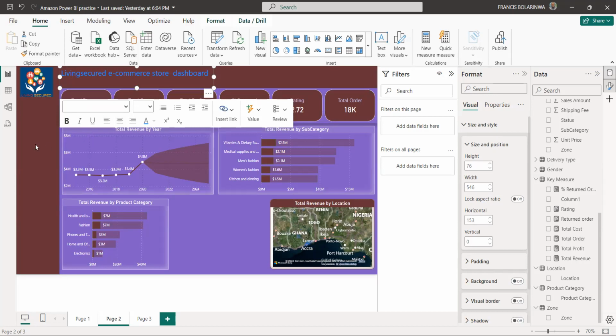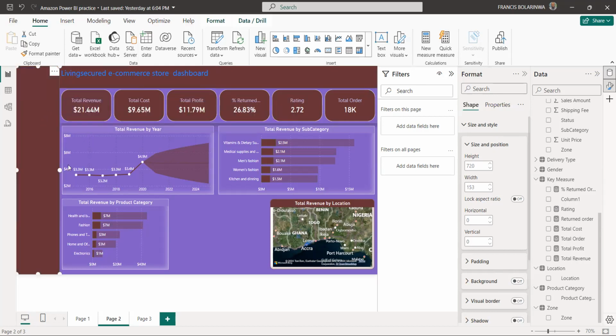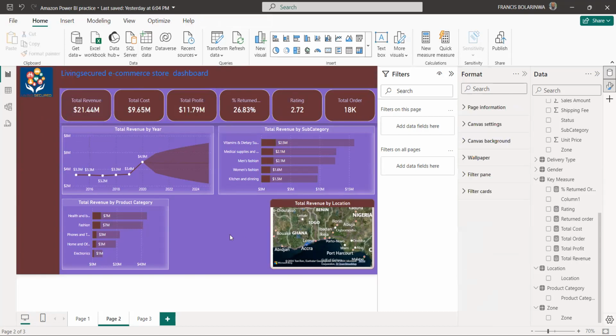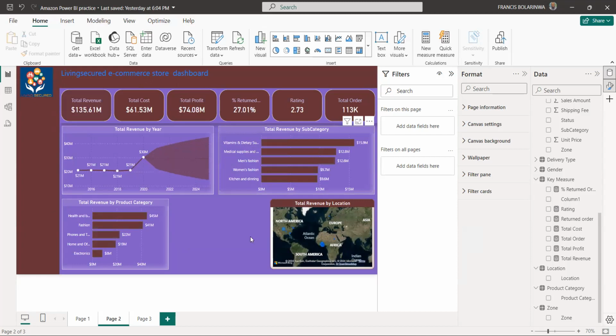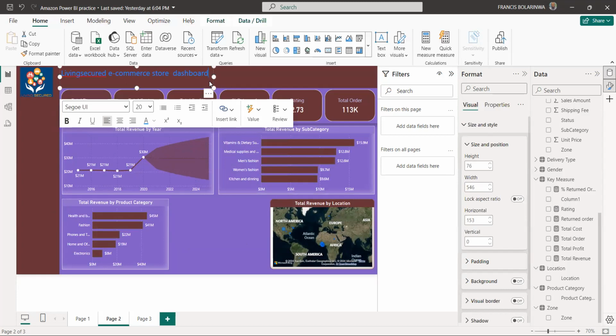Another thing you also need to be aware of is why most of the time I discourage doing the design, like giving all the shapes, inside Power BI. Sometimes when you want to modify your report here, that box will just come on and you will not see anything. But there's actually a way around it, in case it goes under. If you click inside the text box, you can go to the format options and bring it forward.